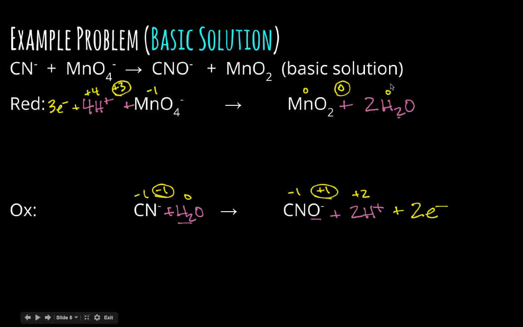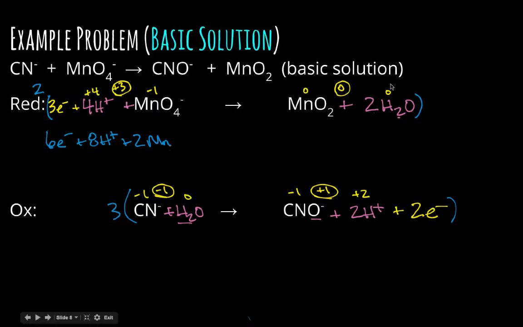So now this one, I've got 2 different numbers of electrons. So I've got 3 electrons in the first reaction, 2 electrons in the bottom. So I have to multiply these all by something so that the electrons cancel out. So for this first one, I'm going to multiply this first equation by 2, and I'm going to multiply the bottom equation by 3. So 3 times 2 gives me 6 electrons plus 8 H plus